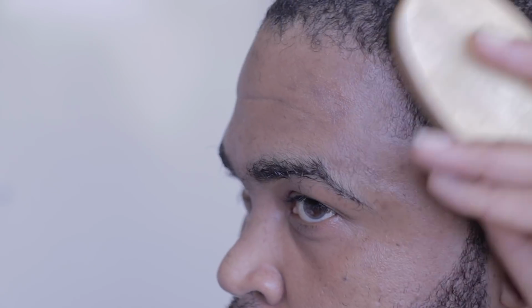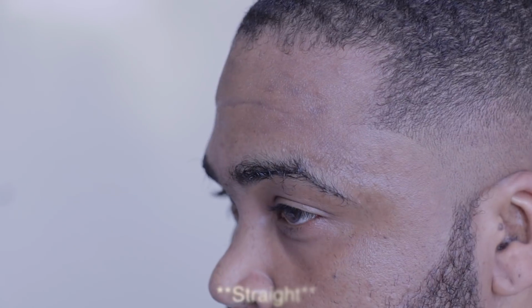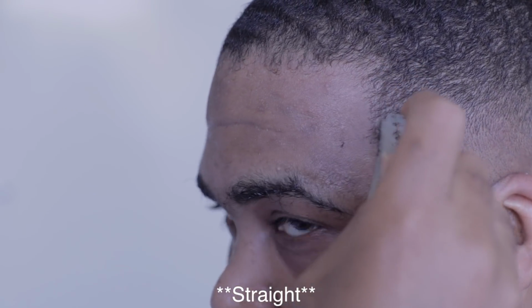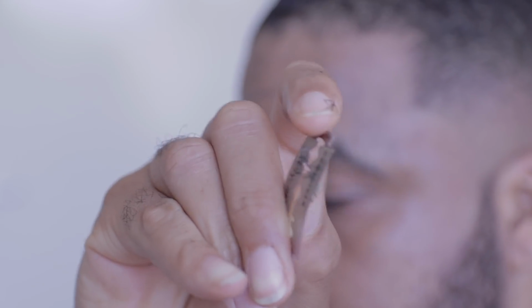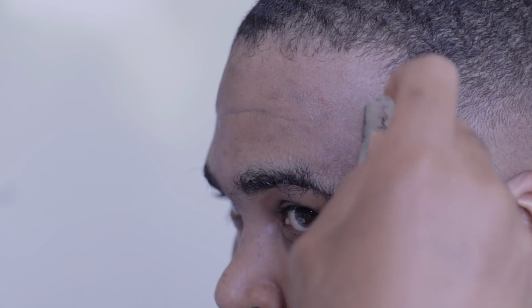What I can say is, if you try to go flat with it first and it doesn't take off any hair, just give it that little angle. Put a little angle on it, and it should remove a lot of hair. And now,